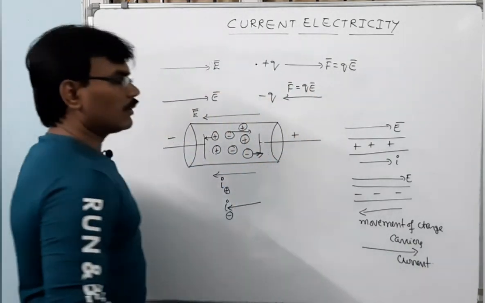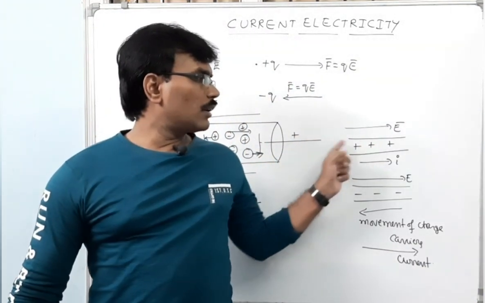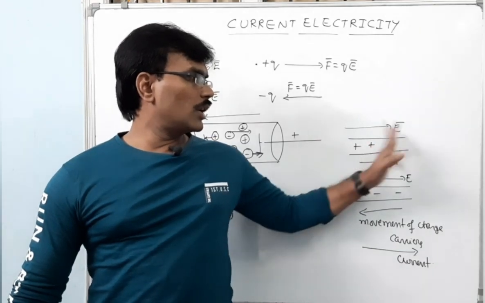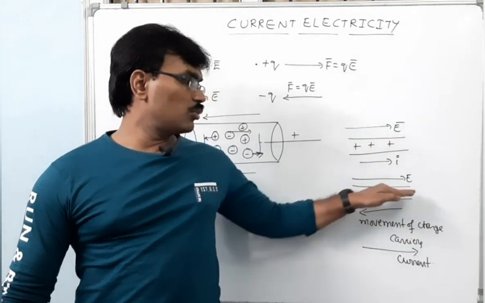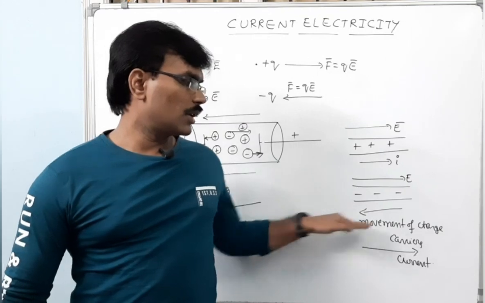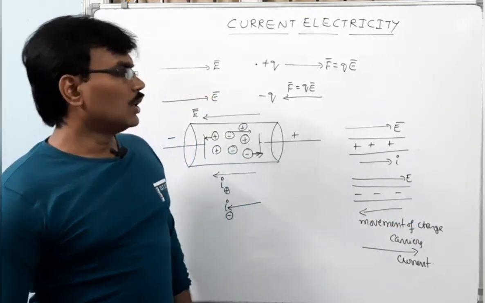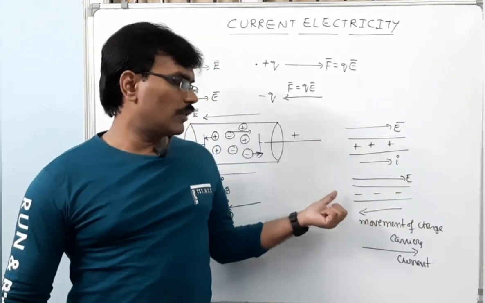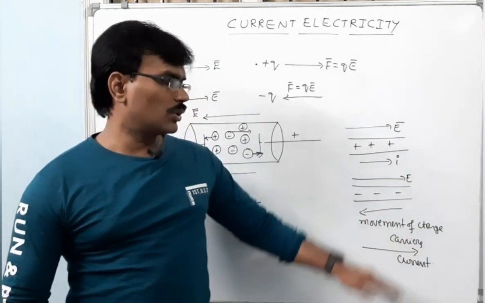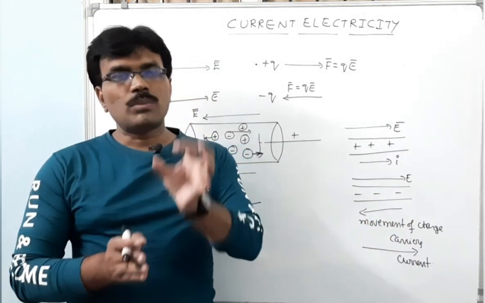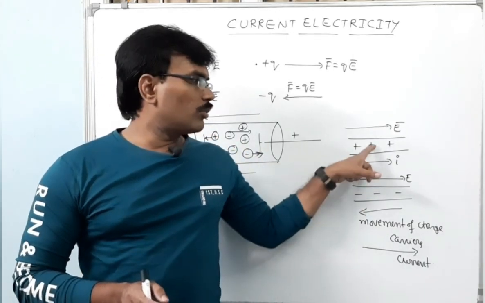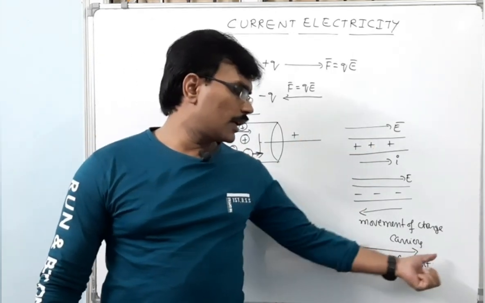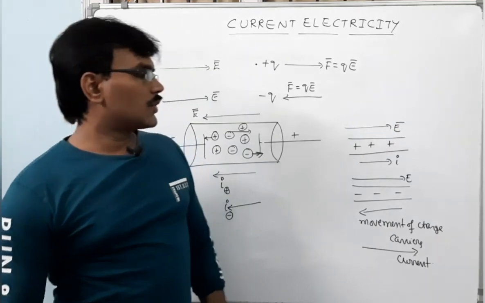So what does that mean here? For positive charges, the movement of charge carriers and the current will be in the same direction, but for negative charges, the movement of charge carriers is left side, but the current will be taken as right side. So this is called conventional current, and this is called electronic current. Movement of electrons will be left side, but current will be taken opposite to that. That means electrons are treated as particles having an equal amount of positive charge. Therefore their current is also taken to be in the same direction.